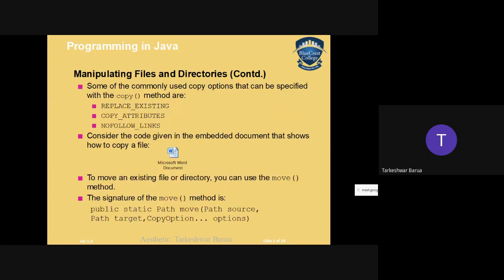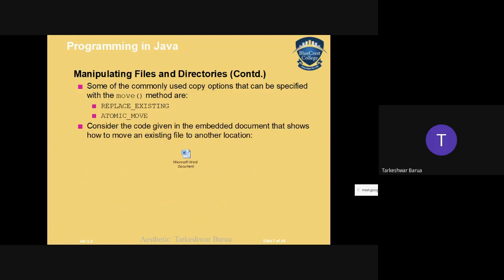Manipulating files and directories. You can replace, change, copy, and move a file from one place to another place. For that, we have a move method, as you can see on the slide. You can replace or use atomic move.